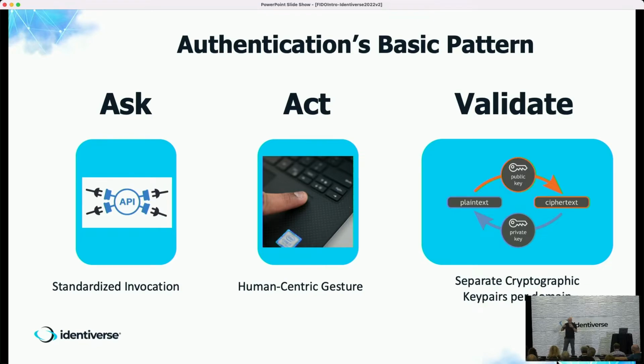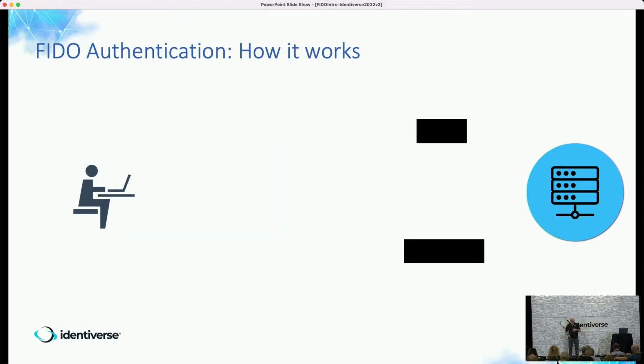And then there's a validation process that takes place. In this case, and again, I'll go into a bit more detail, instead of using plain text, which is a password, and risky going over the wire, we'll be using public key cryptography, where there is no shared secret involved, so there's nothing to phish on the line, and there's nothing stored that can be breached later on. So we have the same protocol, we have the same ceremony that people are familiar with. We've just simplified part of it, and we've made the last part much more secure.